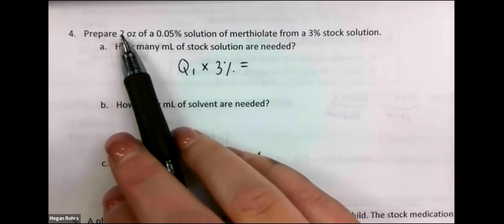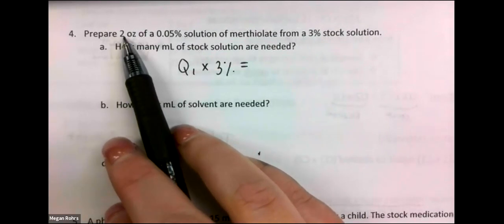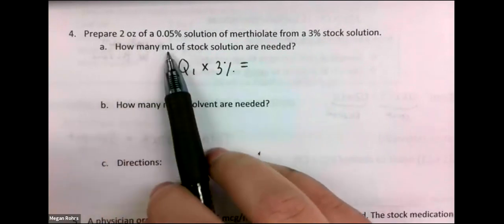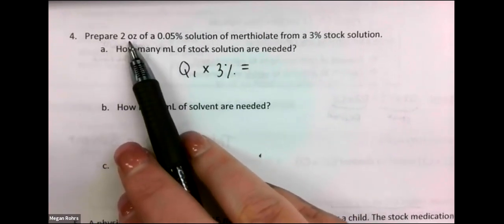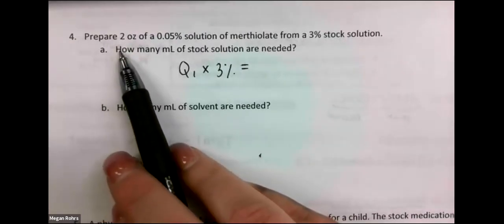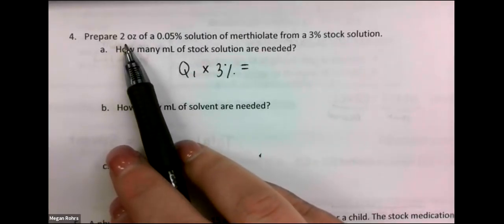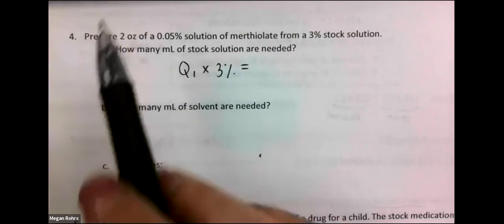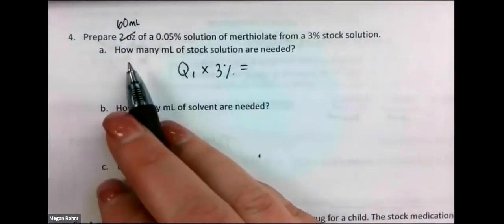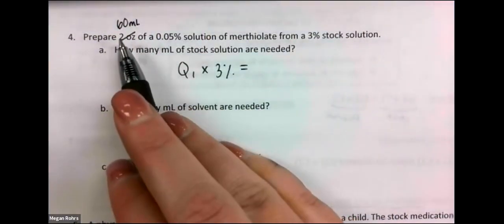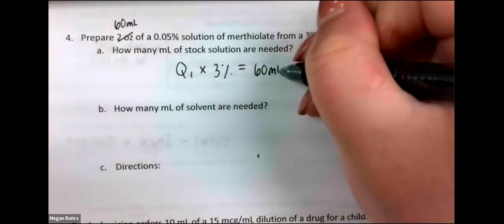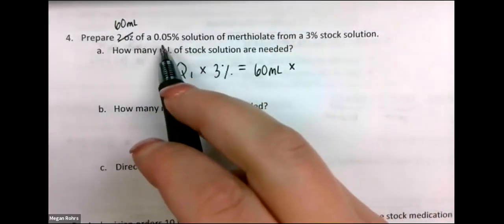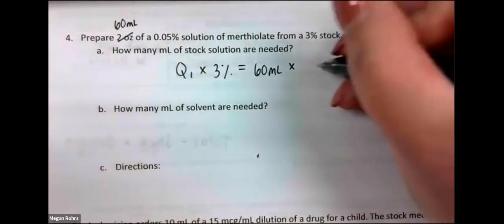So here we see we're preparing 2 ounces, but the question is going to be asking us for mils. So the first thing we need to do is convert these ounces into milliliters. So you should know by now that 1 ounce is 30 mils. So if we convert 2 ounces into mils, 2 times 30 would be 60 mils. So then that would be our desired quantity, or our Q2. So 60 milliliters times the concentration of a 0.05%